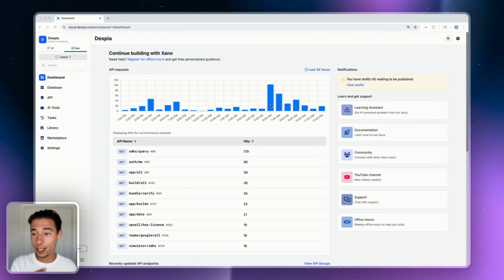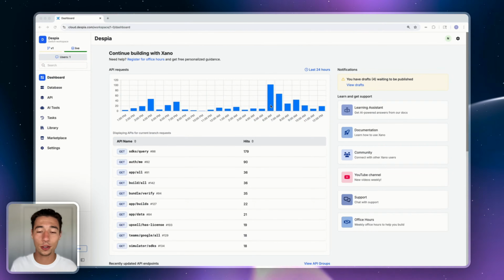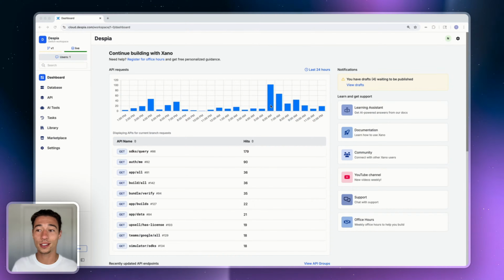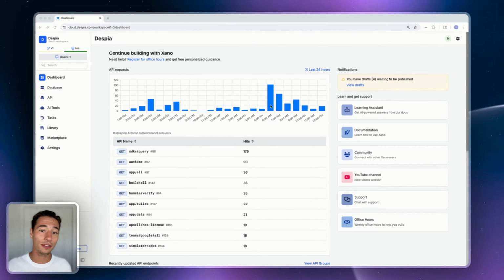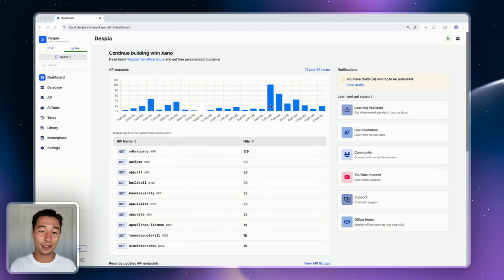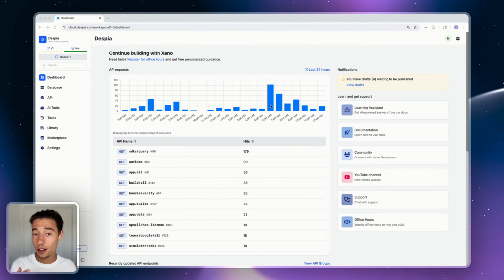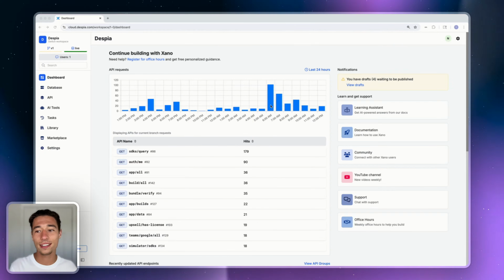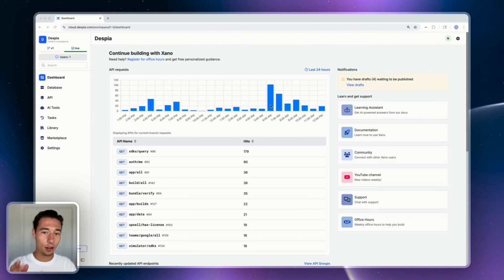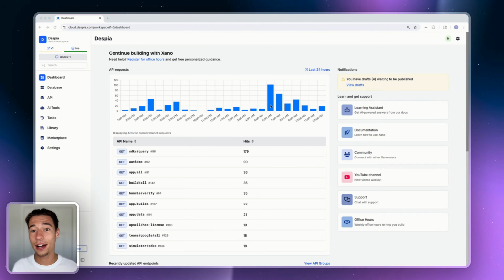So now we are here in my Xano dashboard for probably the most complicated project ever built in Xano, Despia, which essentially builds a raw iOS and Android application directly on the Xano server. We run all of that build process on Xano, and it's quite a stretch to do that, and it works perfectly. And we're still only on the $249 a month plan for doing very compute intensive things, putting thousands of files together into a zip file that can then be opened in Xcode. So let me walk you through some things without sharing too much business secrets that justify us still using Xano.